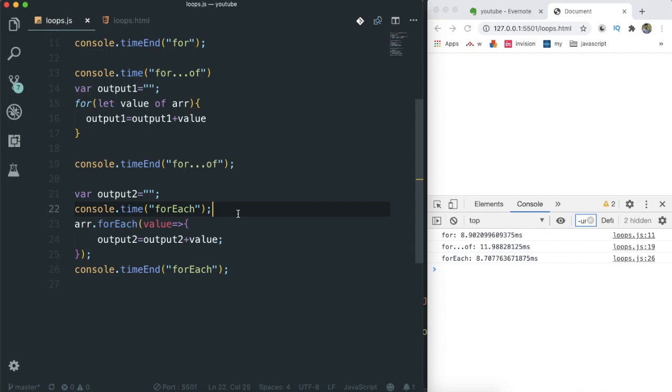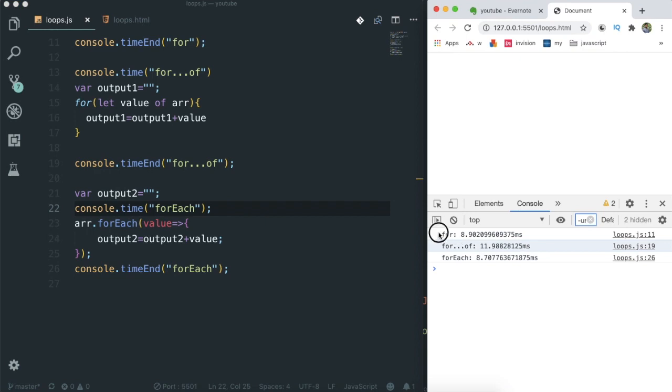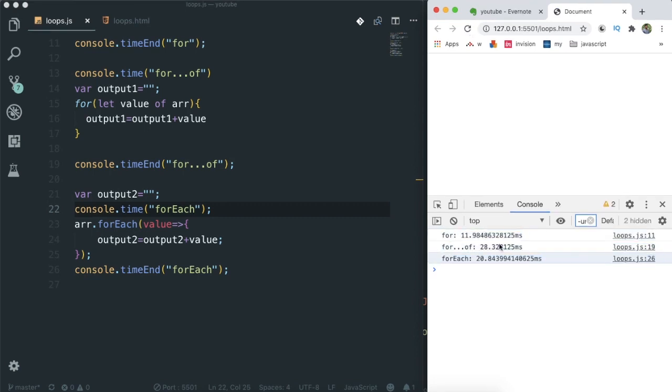Now you can see the results are quite interesting and not what I was expecting. The execution of JavaScript really depends on various factors like the type of operating system, Windows or Mac, and the type of browser you are executing in, like Chrome, IE, Firefox, anything. Now the for loop is taking much less time compared to these 2 loops, and if you refresh the page then the results will vary. The for loop is taking very little time compared to the for of loop and the forEach loop. So the traditional for loop is the fastest, so you should always use that, right?